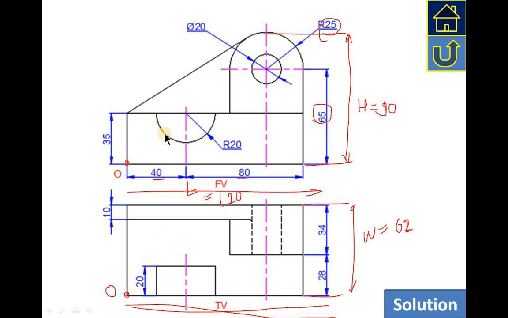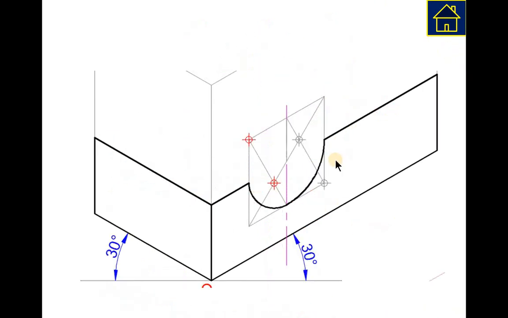So I have drawn this curve, correct? And what is there is this thickness. This is the width, and that curve is 20 mm away from this curve, right? So that means we need to draw another curve which will show the thickness of this cut. So go back to the original page. This is one curve, but I need to draw one more behind this, so that I can judge the thickness of 20 mm.